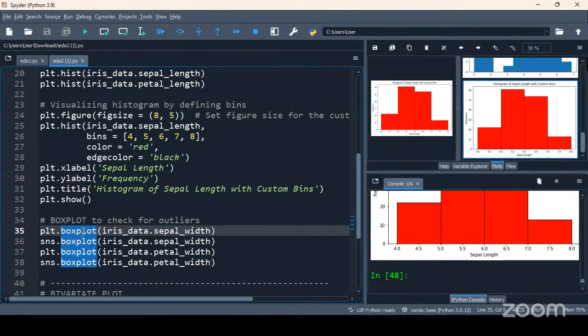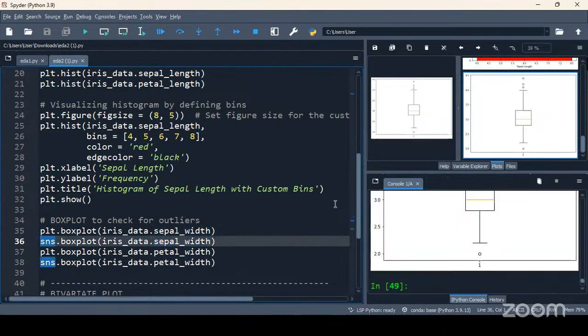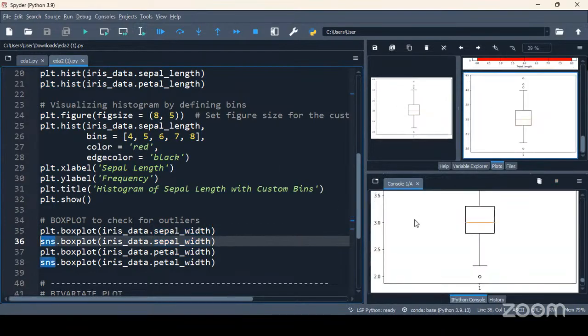Okay. So from which package are we taking this box plot? From matplotlib.pyplot. I'm visualizing box plot from pyplot, and I'm just passing the data. So on sepal width column, I'm going to visualize box plot. Let's see what happens. Do you see outliers?